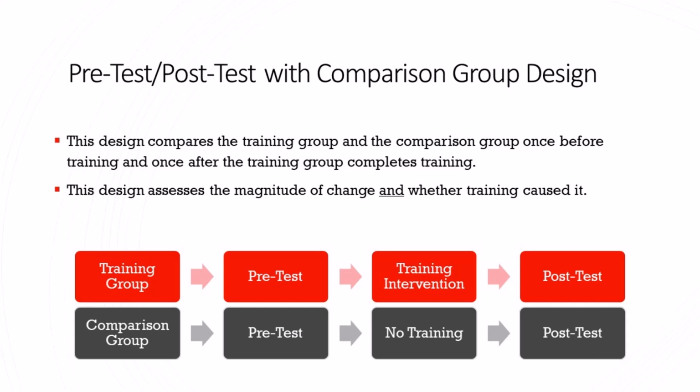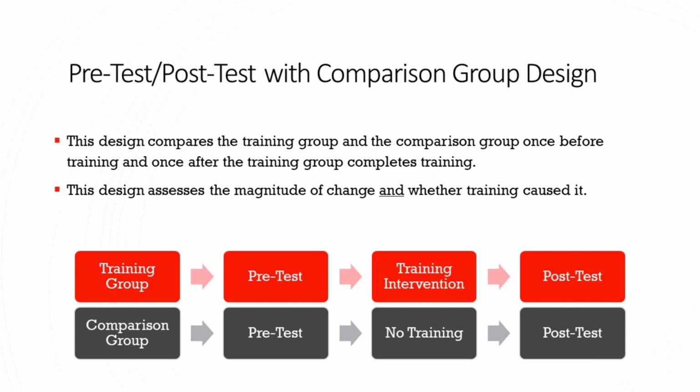The next design involves 4 measurements. Before the training intervention, both the training group and the comparison group are measured. Both groups are then measured once more after the training group completes the training. We start by looking for changes between the training group's pre-training scores and post-training scores to determine whether change occurred